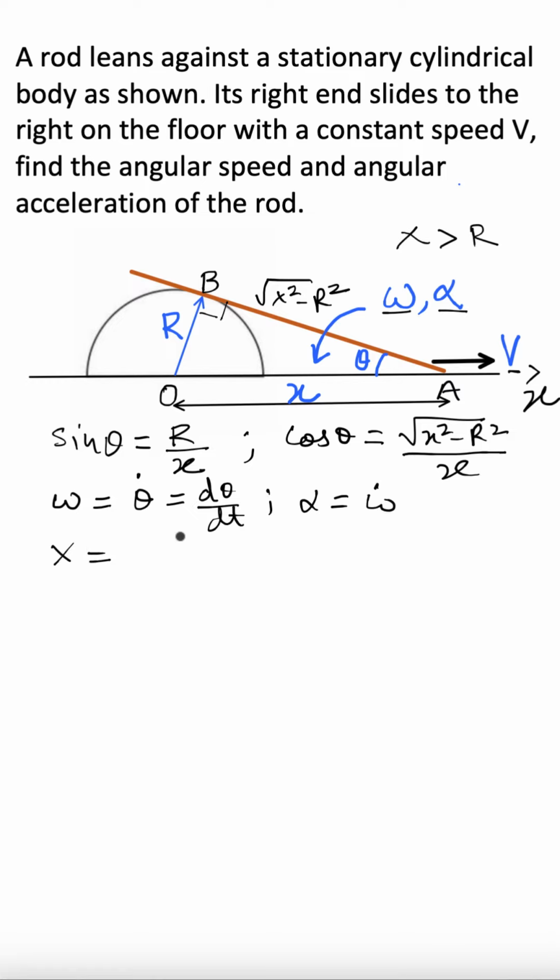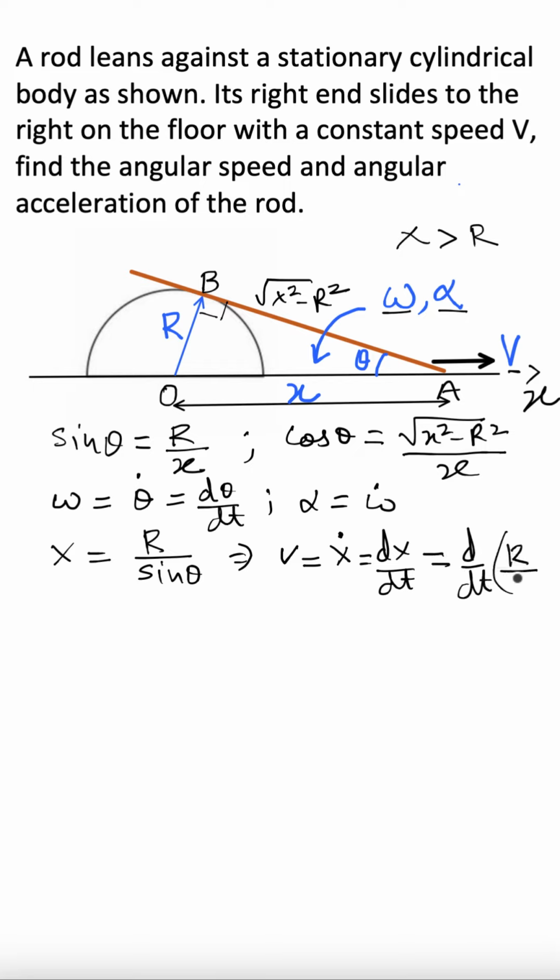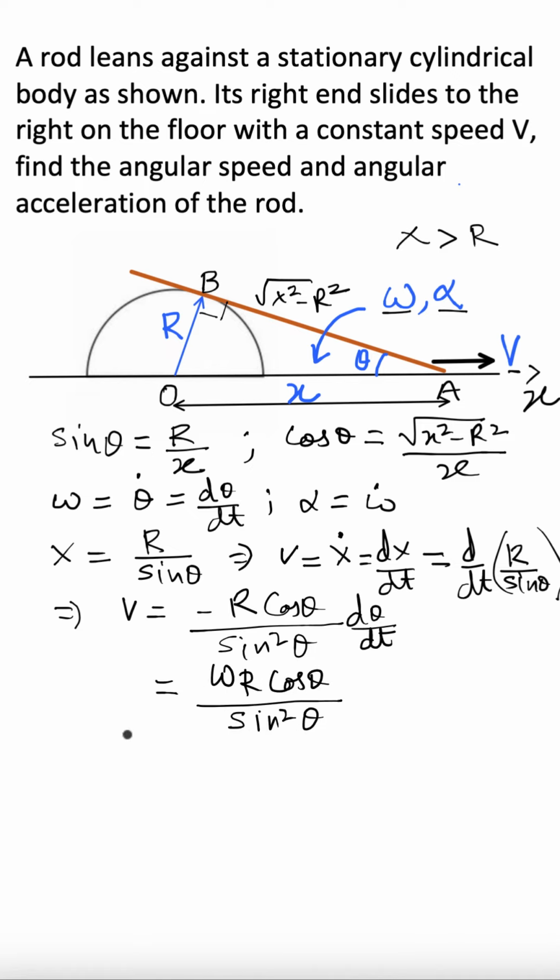So x is nothing but r by sine theta, correct? And therefore v, which is equal to nothing but x dot, which is dx by dt, and that is equal to d by dt of r by sine theta. Therefore, and d theta by dt. Therefore, omega is, we can write this as rv by